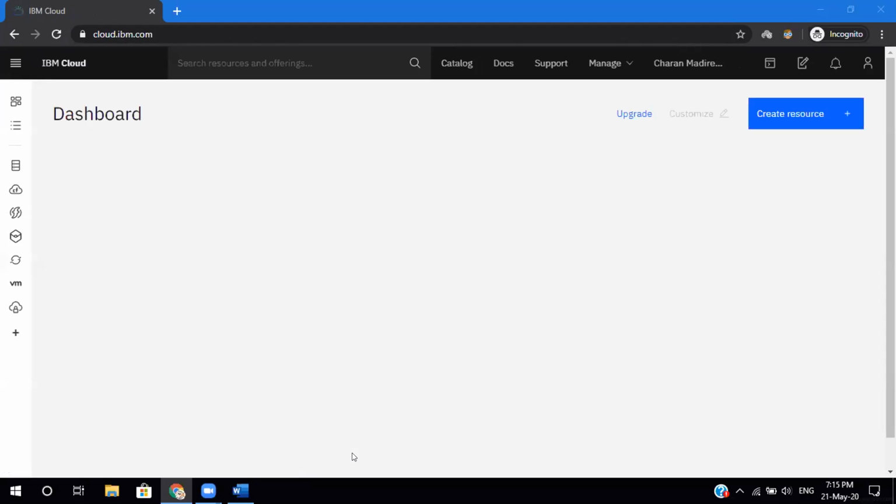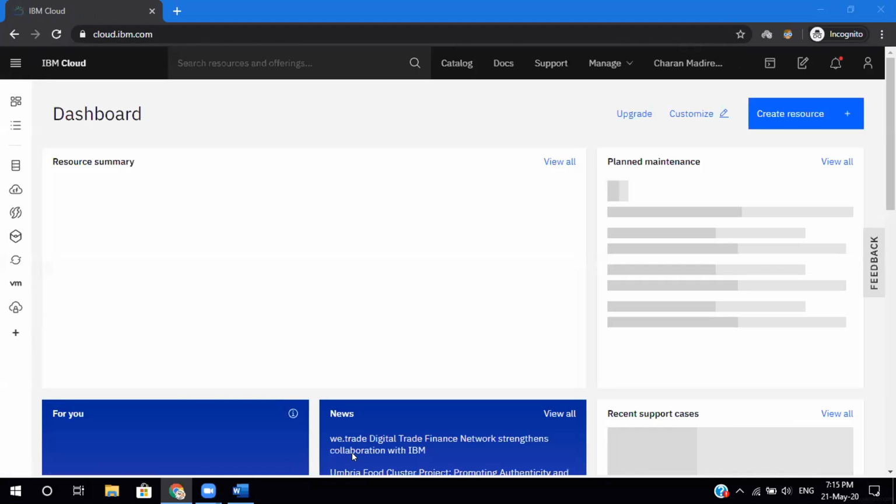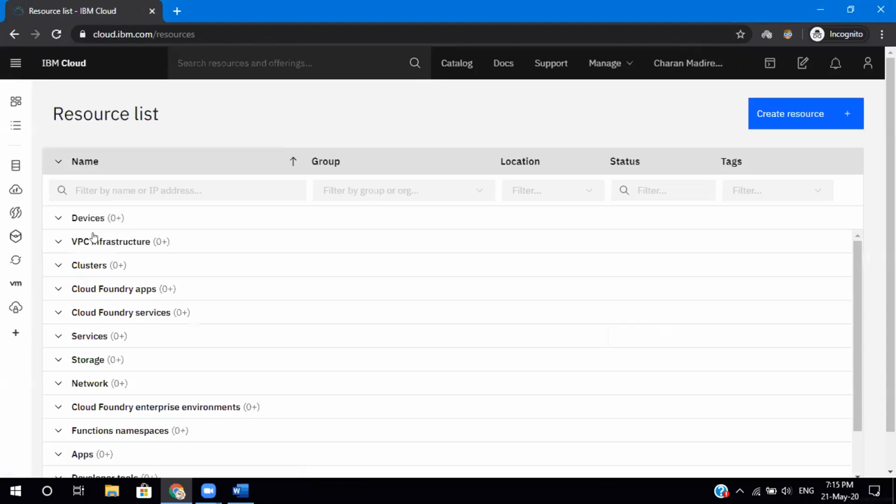So I'm going to take over from where we just left off. Okay, we've created the service endpoint, we've created everything. Now we just want to create a Node-RED service. All right. So for that, we will be going to Cloud Foundry apps,